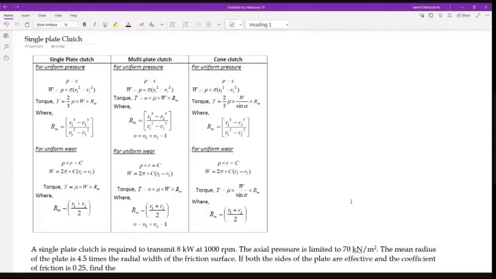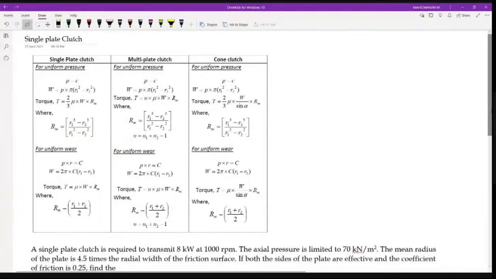In the last class we discussed the three different types of clutches: a single plate clutch, a multi-plate clutch, and a cone clutch. We discussed the sets of formulas: what happens under uniform wear, and what happens under uniform pressure. The changes in the formula are similar to this, with only a few changes like this 2 by 3